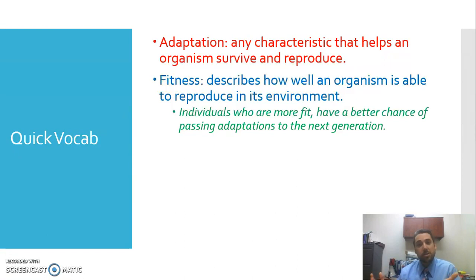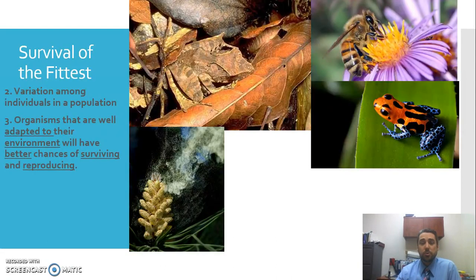They had an adaptation that helped them survive, and therefore they were more fit in that environment because they could get more food, and then they were able to reproduce and pass those on to the next generation. So when we think about the idea of survival of the fittest, that was a common phrase we associate with Darwin, or the making of the fittest, which is some books by Carroll.